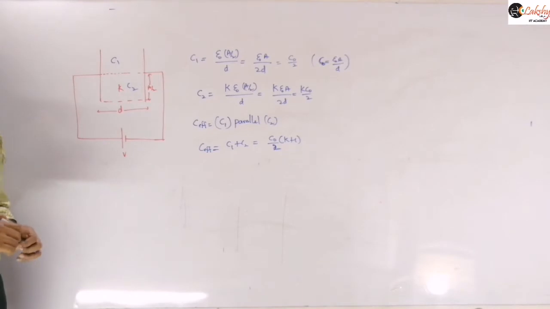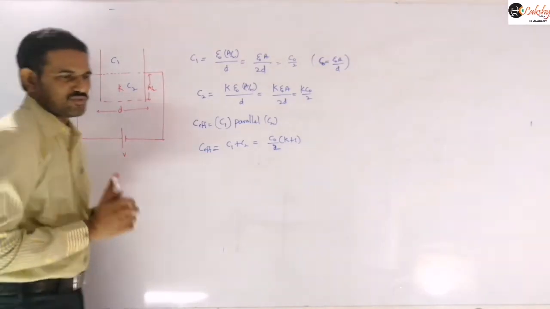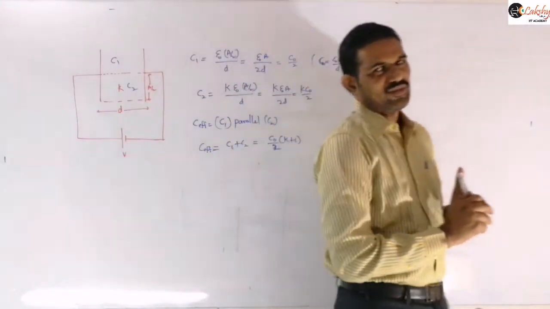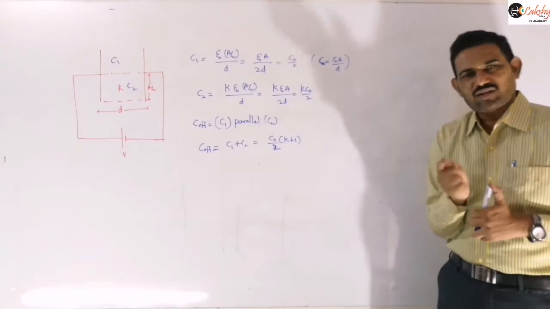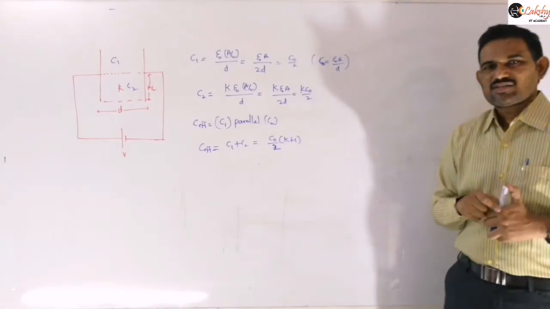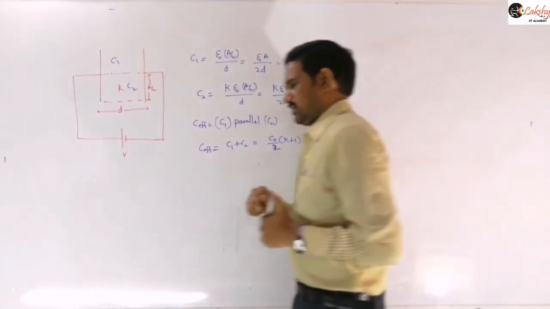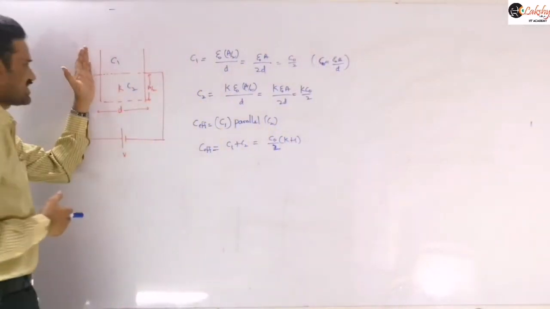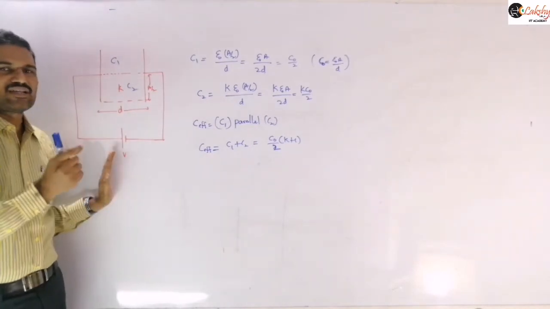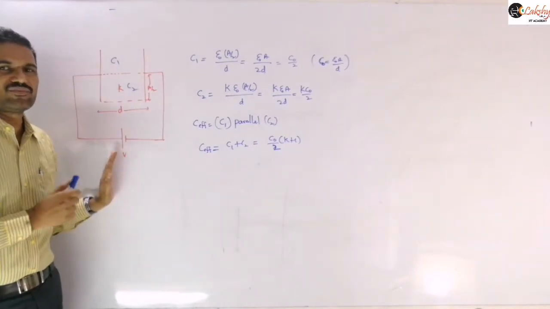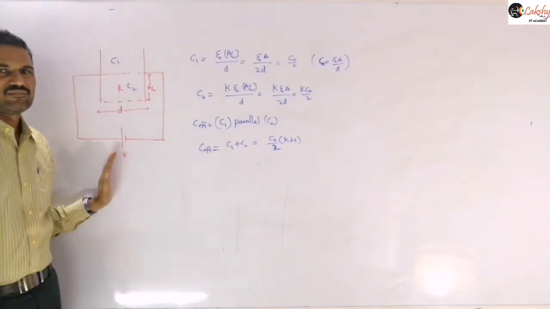And next, our next question is about the charges on the upper half and lower half. Are the charges on the upper half and lower half of the plate different, or do they remain the same? This is totally a single plate which is connected to the cell here. My question is whether the charges on the upper half and lower half of that plate are the same or different.